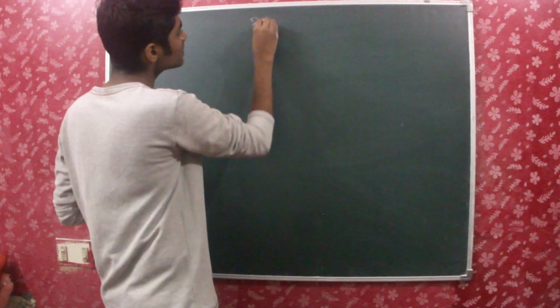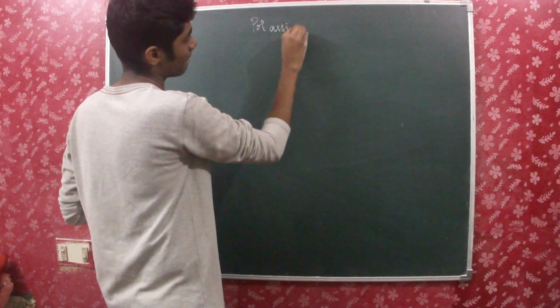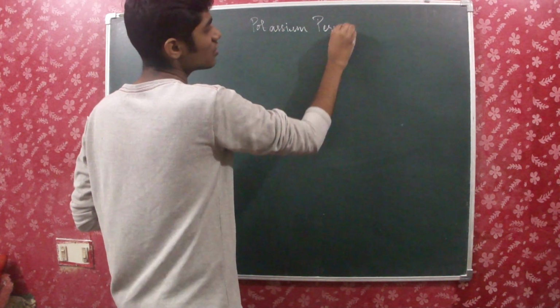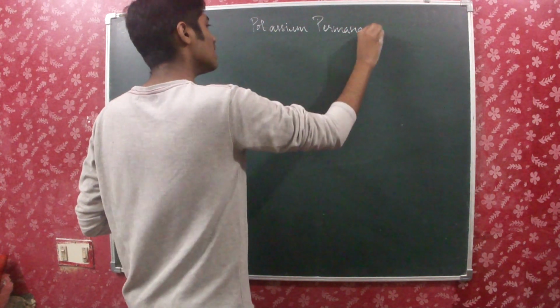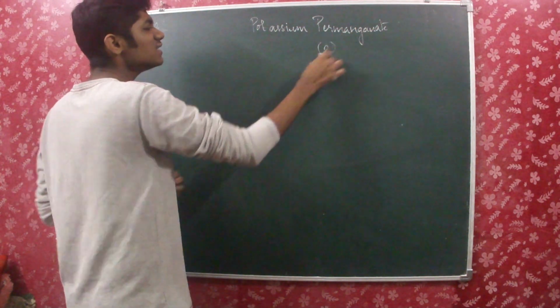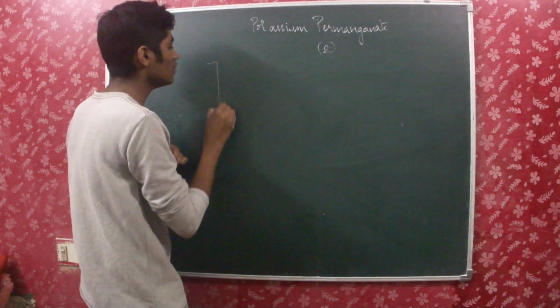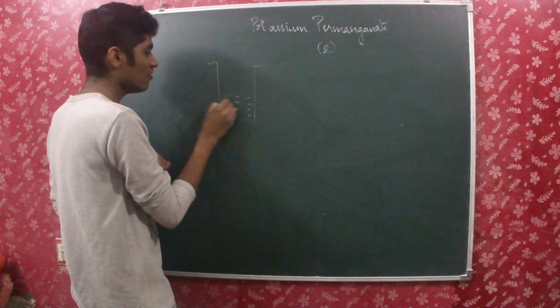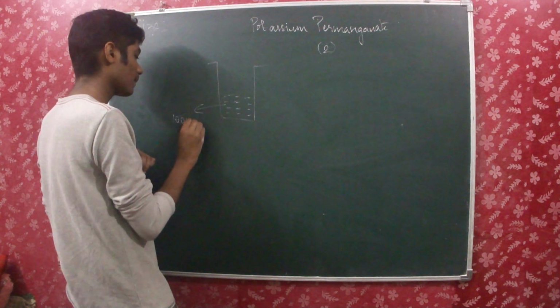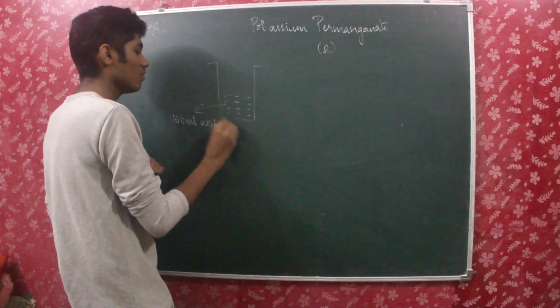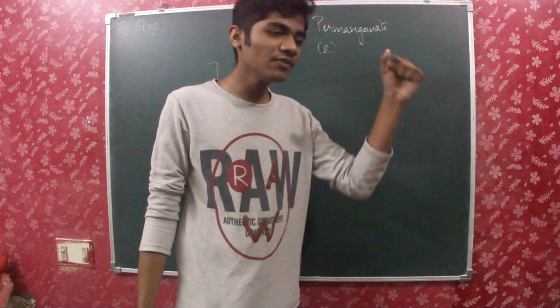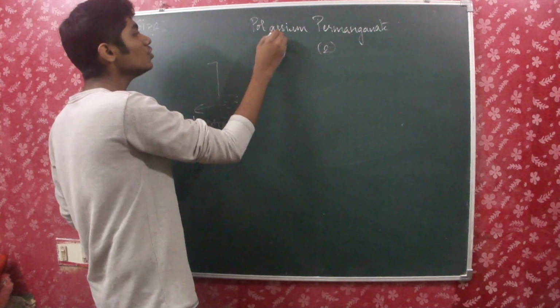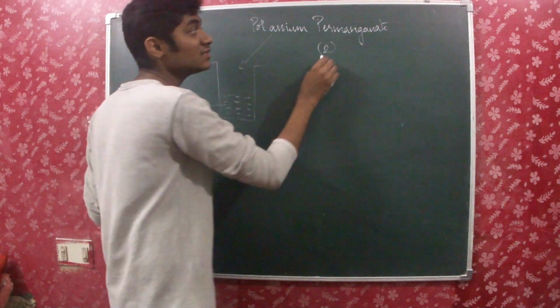They have taken crystals of potassium permanganate. It's a violet colored crystal and they have taken just two small crystals. They have put the two violet colored crystals of potassium permanganate into a beaker filled with 100 ml of water. So a beaker is taken, it's filled with 100 ml of water, and then two crystals of potassium permanganate are added. It's violet in color.